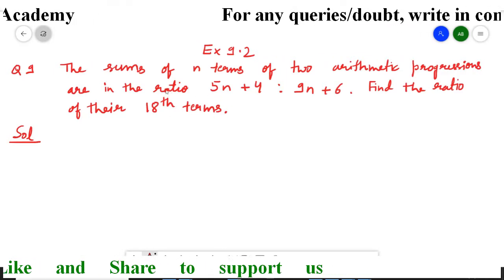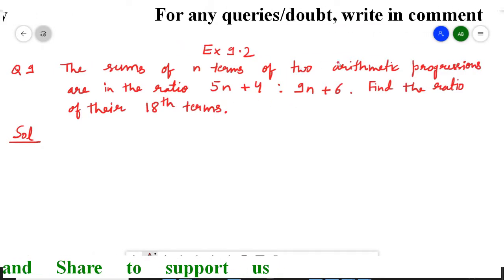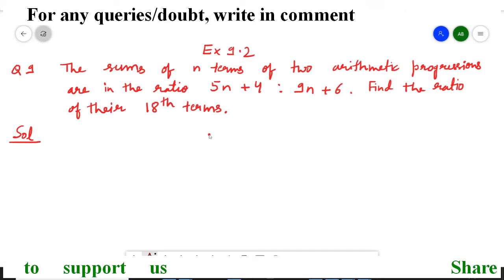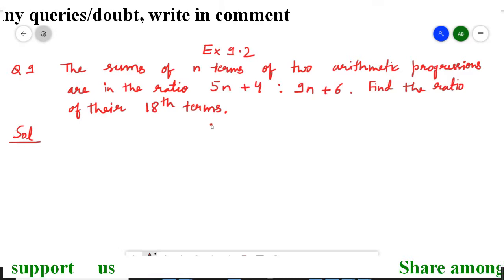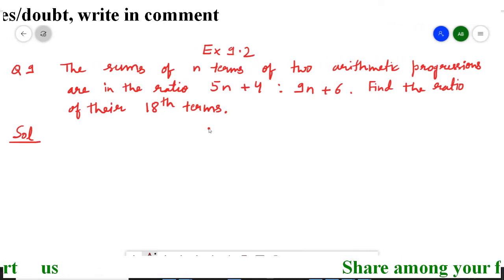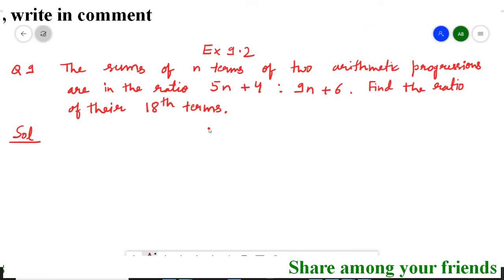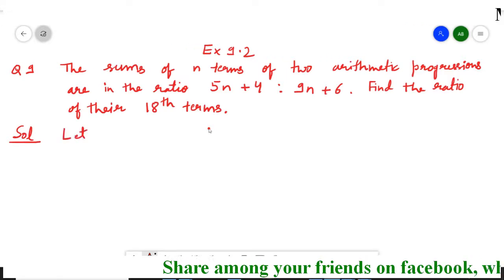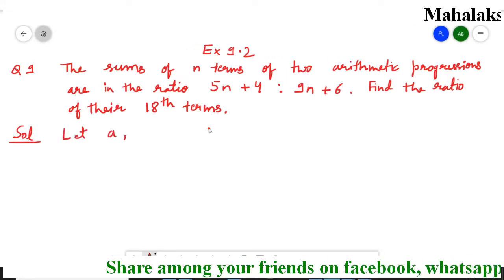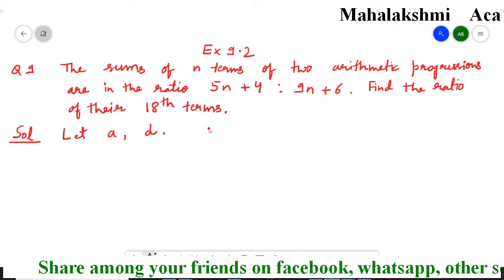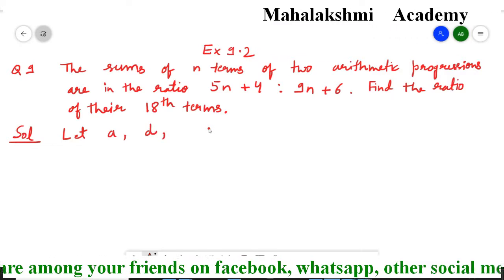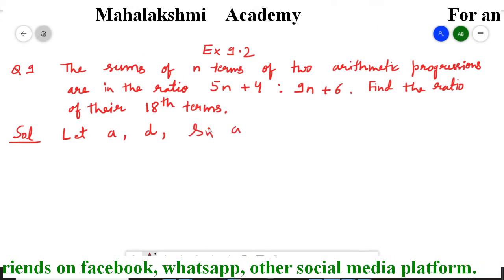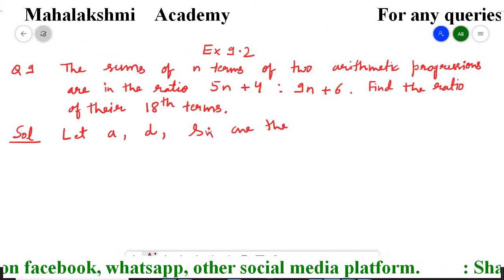So here the ratio of the sums of n terms of two APs is given to us, and with the help of this ratio we have to find the ratio between their 18th terms. First we are going to assume, because there are two APs, different variables. So we'll write here, let small a, small d and small Sn be the